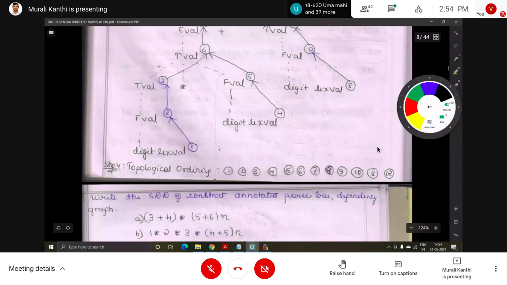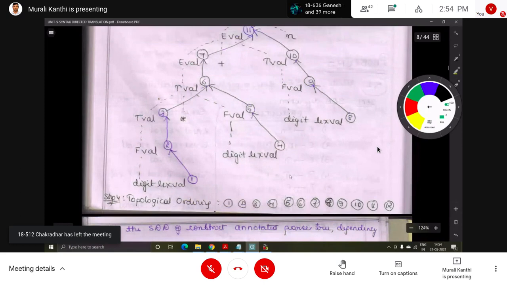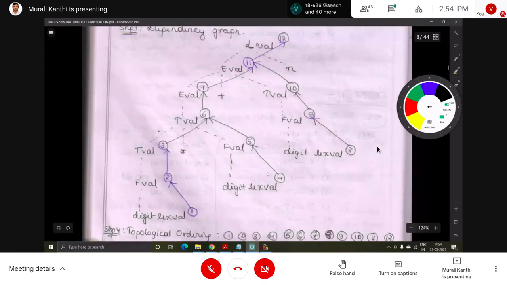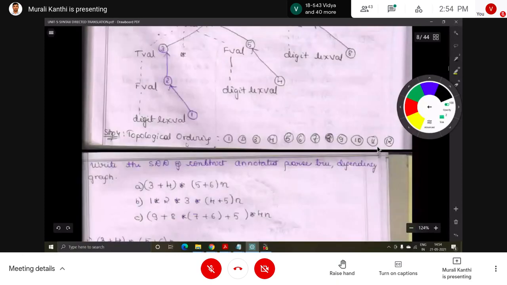So finally what we have to write is the topological order. The order is 1, 2, 3, 4, 5, 6, 7, 8, 9, 10, 11, 12. That ordering, which is to be performed first, is a topological order.